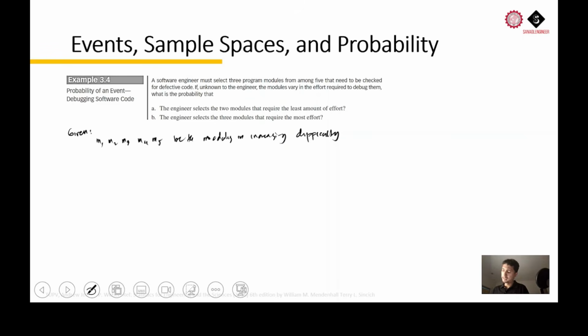Let's start with M1, M2, M3, right? And M1, M2, M4, and then M1, M2, M5, and then M1, M3, M4, M1, M3, M5,